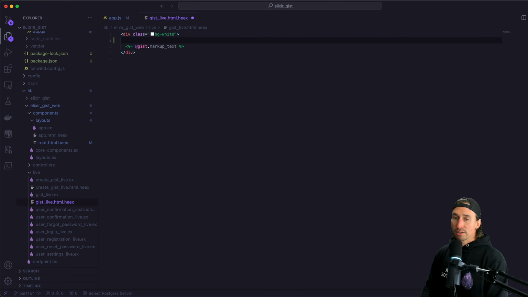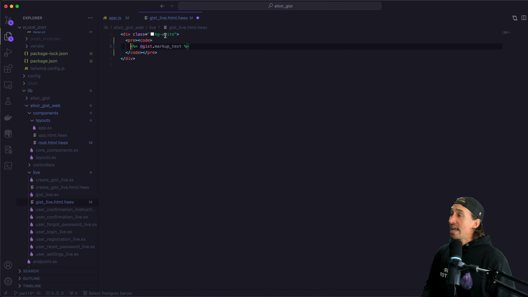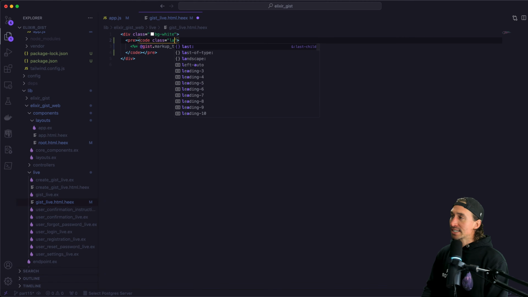Inside here, let's say right here, we're required to have a pre tag. And then inside that pre tag, we need a code tag as well, just like that. And then our code that we want syntax highlighting to goes inside there. So just like that. Fix spacing. And then one last thing, inside of the code tag, we have to add a class. And this is where we pass the language that we want the syntax highlighting to support. So for now, we'll do